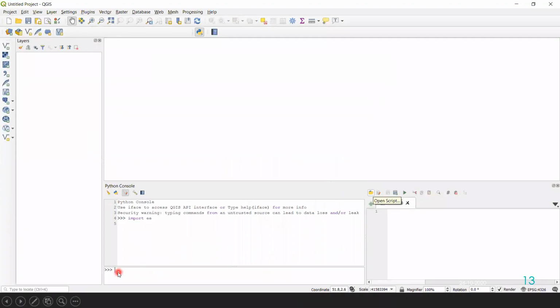Then you have to import ee. Already it is there. Then just go to this folder, which is called Open Script. Click on this.